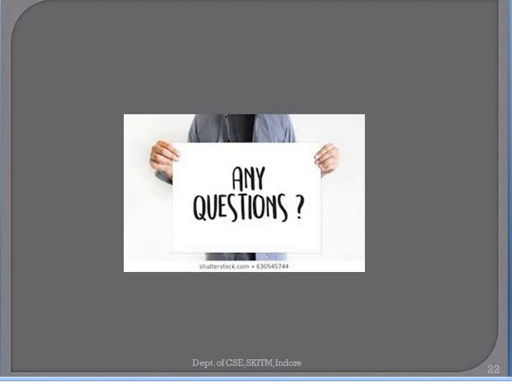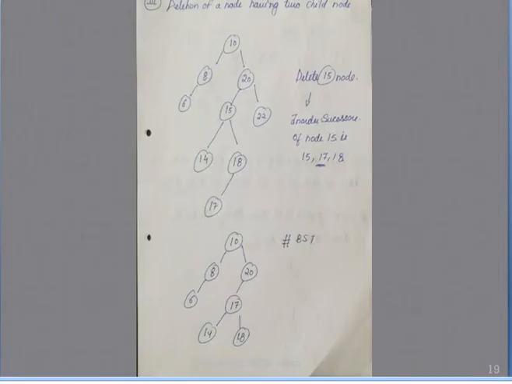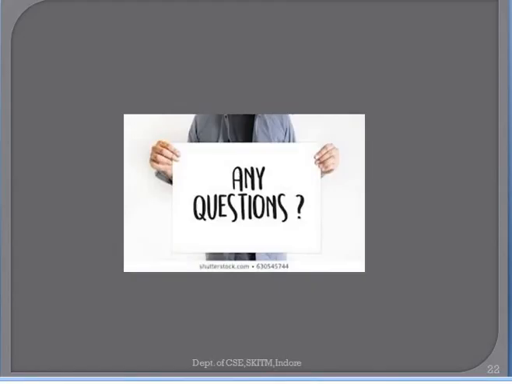The last operation that we are performing is displaying. If you want to print some of the elements from the binary search tree, that time we use the display operation. In my session, first I discussed what a binary search tree is. In a binary search tree, the left child node has a lesser value as compared to the root node, and the right child has a greater value than the root node. And we have seen some examples of what a binary search tree is.